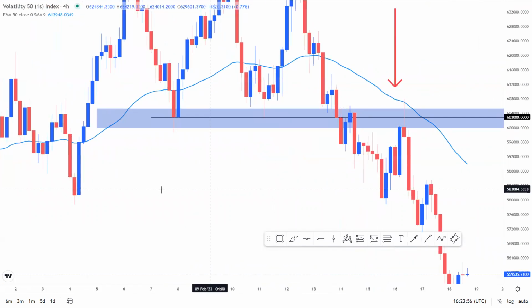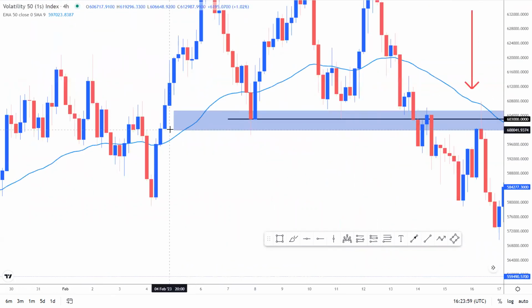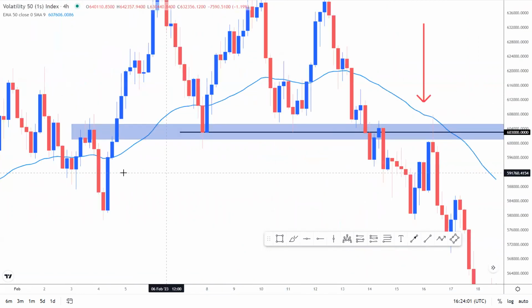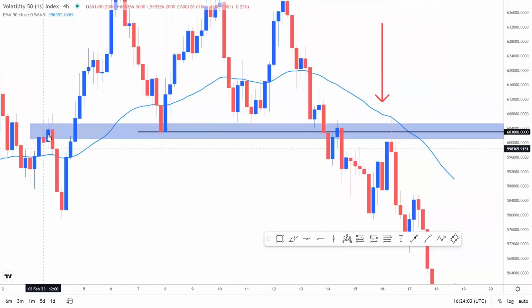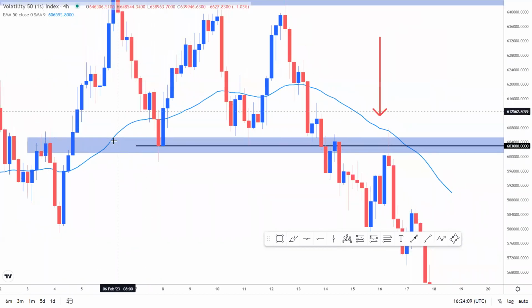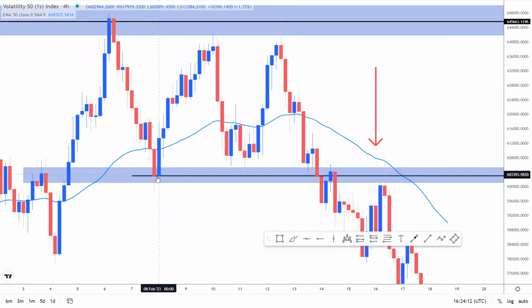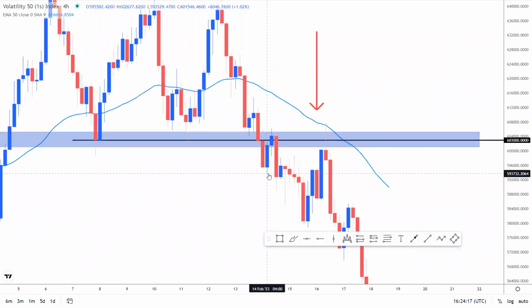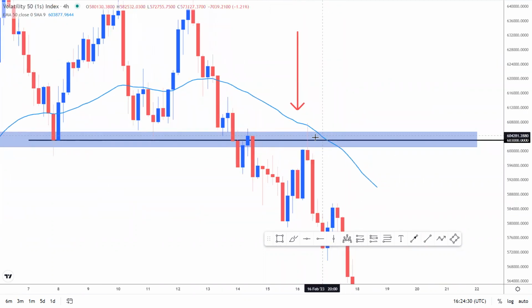And then looking to our left, you can clearly see we had this level as a key level. So when we were below the level, you can see the level acted as a resistance. And when we're above the level, the level acted as a support again. Then we had a break of the level, and a very quick retest of the level, and then price bounced off from the level. And then we had a second retest of the level. So clearly what we're retesting is a key level,